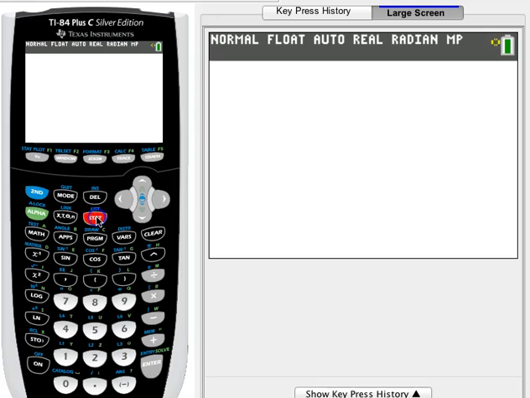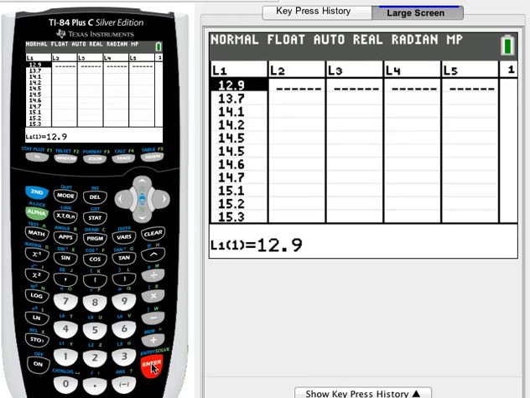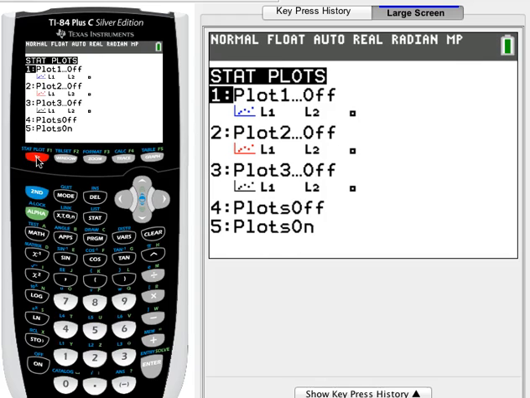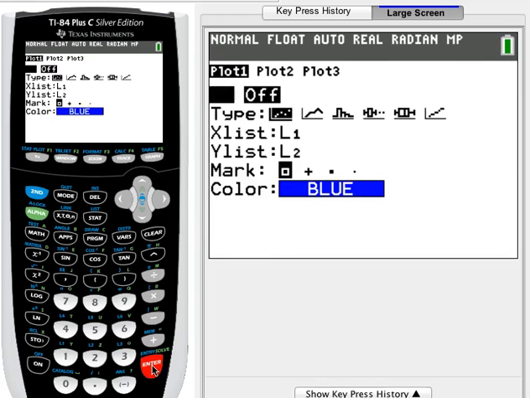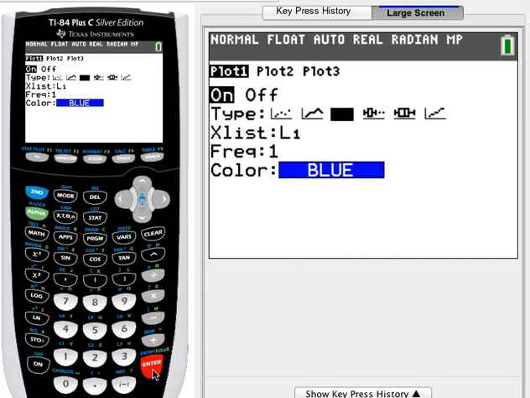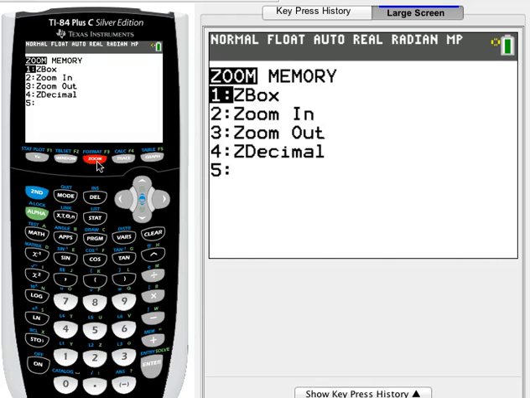Now, I've already typed in all the data into list one. So if you need to do this, why don't you pause the video, list all those numbers, put them into list one, and then restart the video so you can follow along. Now, we talked about making a histogram in chapter one. Remember, any graphical display is going to be in stat plot. So I'm going to go into stat plot. Need to go into the first one, turn it on, change this to histogram. It's already pulling from list one, okay? So now I just have to zoom stat or zoom 9,